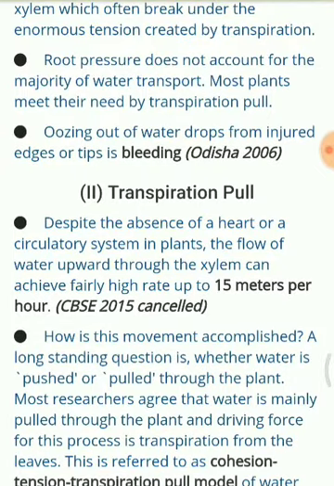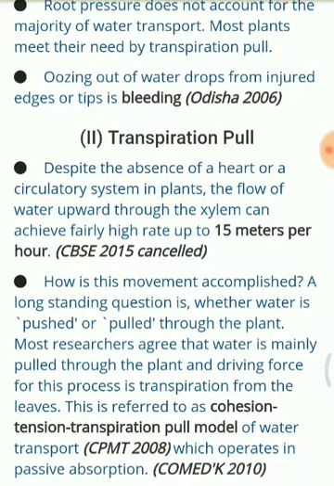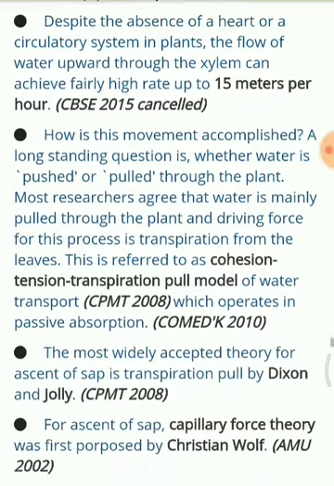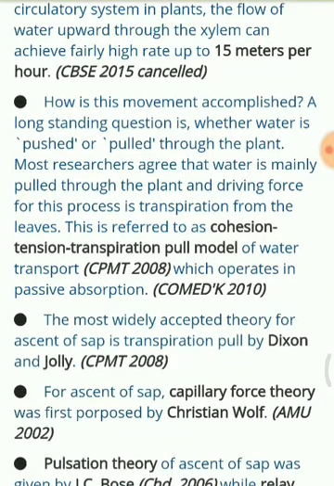Transpiration pull. Despite the absence of a heart or a circulatory system in plants, the flow of water upwards in the xylem can achieve a fairly high rate, up to 15 meters per hour. How is this movement accomplished? A long-standing question is whether water is pushed or pulled in plants. Most researchers agree that water is mainly pulled through the plant, and the driving force for this process is transpiration